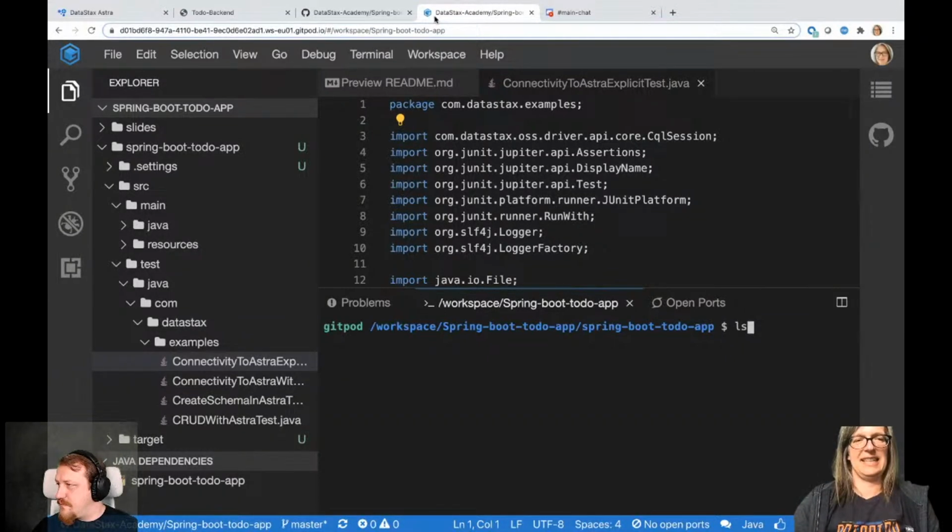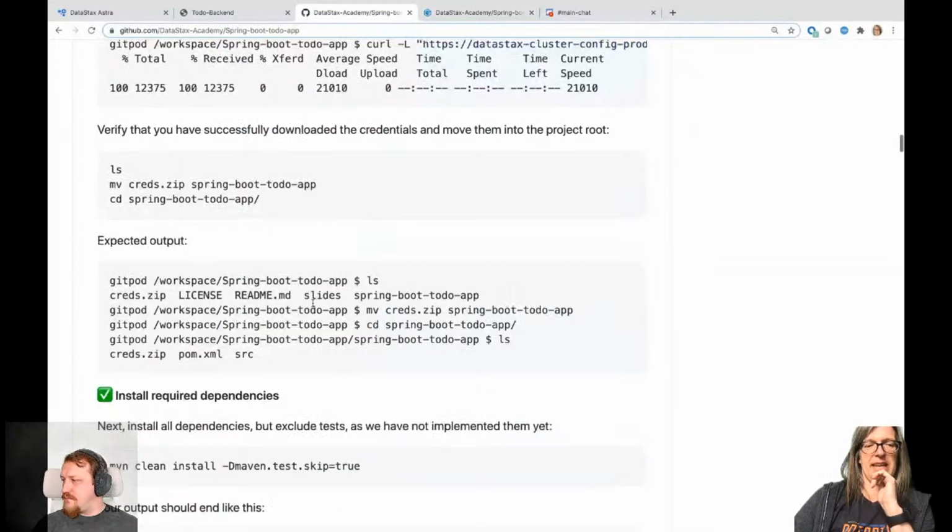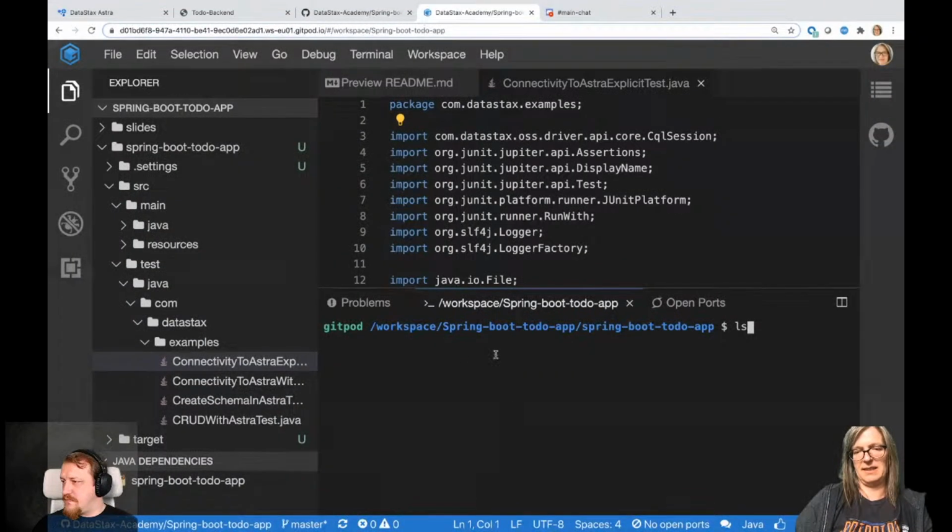Perfect. Okay, so let's have a quick look at the next exercise. First of all, we want to make sure that you have your creds in the right directory. We want to have it in the project root, and that's called Spring Boot to do app. In Gitbot, if you downloaded it, you probably had it in the base directory of the repo, which has the same name.